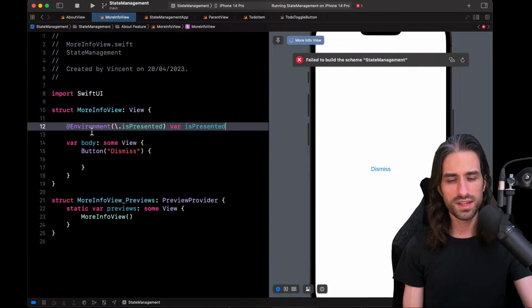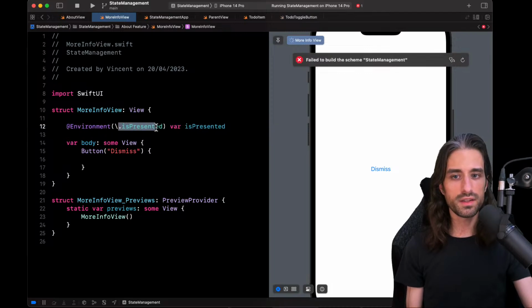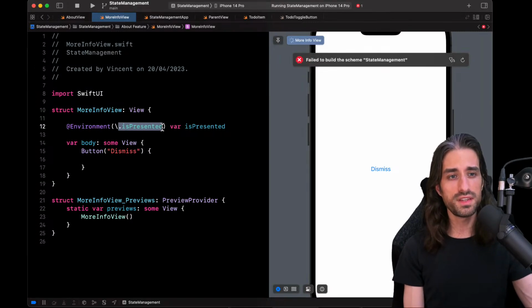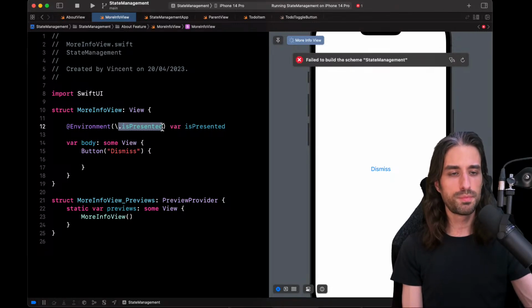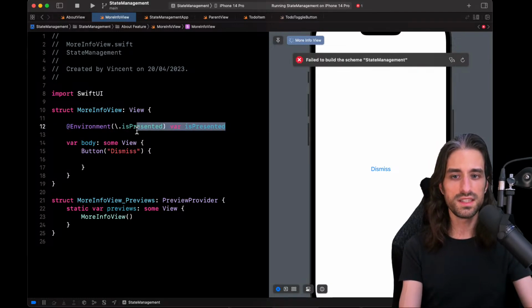And what is the environment? You can kind of see it as some kind of register, a key-value register that you can query using key paths to get values. And actually, we've used it a lot without knowing, because, for instance, when we set the font modifier, there is a good chance that it uses the environment under the hood to set the font. Same thing for the text alignment modifier, these kinds of things. It's very possible that they use the environment under the hood, because the environment is a convenient way to pass data to a child view. And so here I'm not interested in is presented.